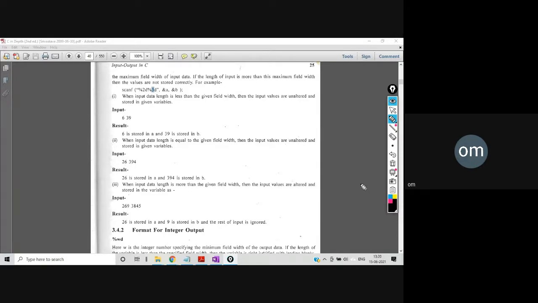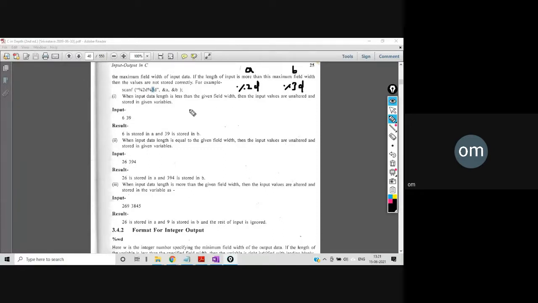So if you see here, it's percent 2d and percent 3d. So for A we are having percent 2d, for B we are having percent 3d.